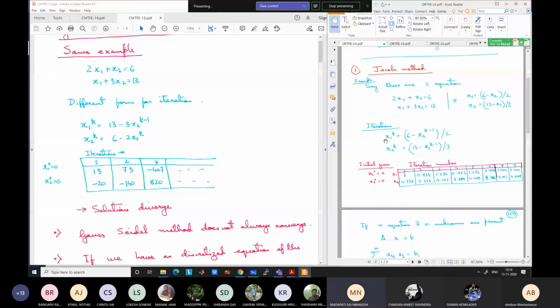Okay. So because the changes are more rapid, there is a chance of divergence if you don't satisfy the Scarborough criteria. So what will happen if I take x1 equal to 1000 and x2 equal to 1000 here is that they will converge, but converge slowly. Because you are starting from a very far away point, you will come to this type of solution, but the number of iterations will increase.